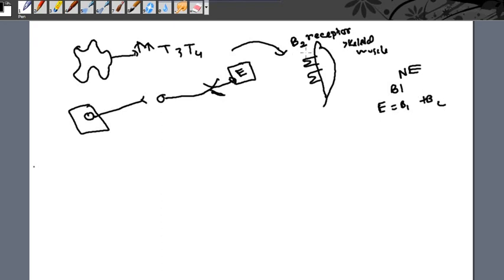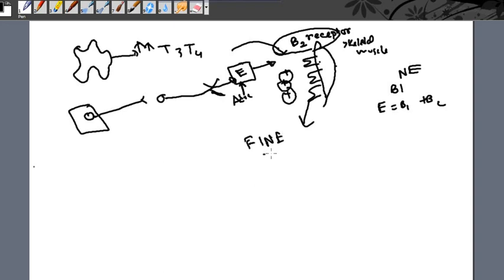So this beta 2 receptor is stimulated mainly by epinephrine coming from the adrenal gland. When this beta 2 receptor expression is very high, and the source of epinephrine is the adrenal gland, and these beta 2 receptors expressed on the surface of the skeletal muscle are very highly stimulated, this will lead to fine tremor. So to block this fine tremor, what we can do is give the patient a beta blocker,